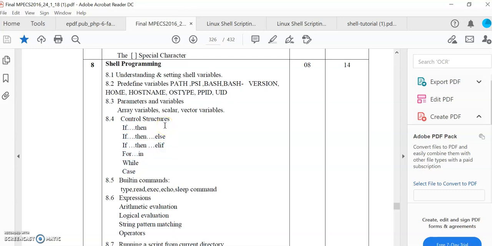Another example that we can give: you are executing different sets of commands right now, for example the ls command. When you execute the ls command, all the files from the current directory get listed. So how exactly do all these files get listed? Because at the back end, from the shell, there is one bin directory, and in that bin directory all these binary files, the executable files, are stored. These executable files are the shell script files.